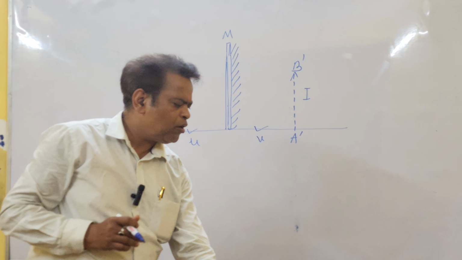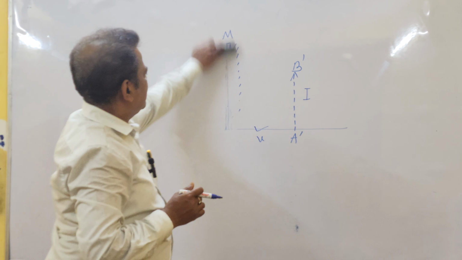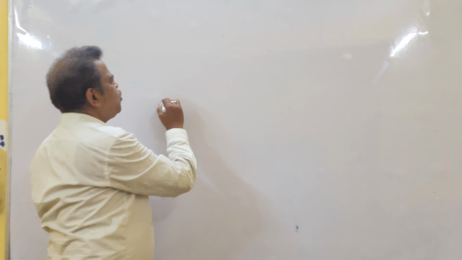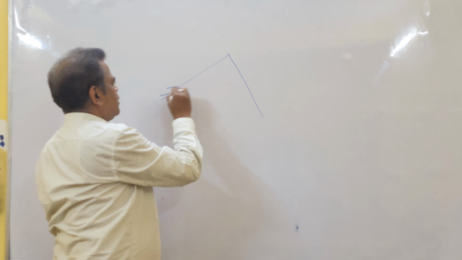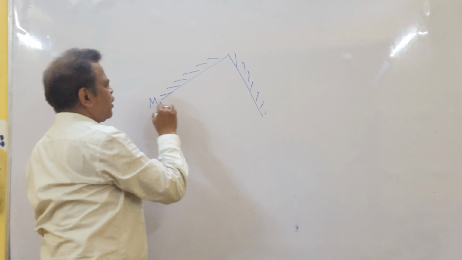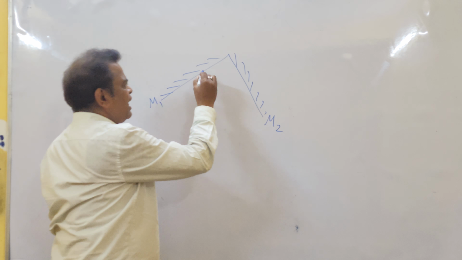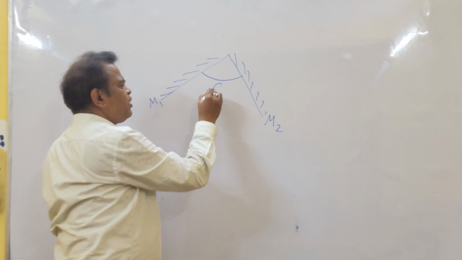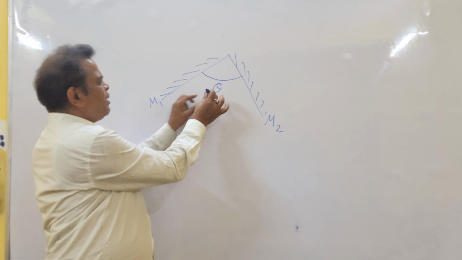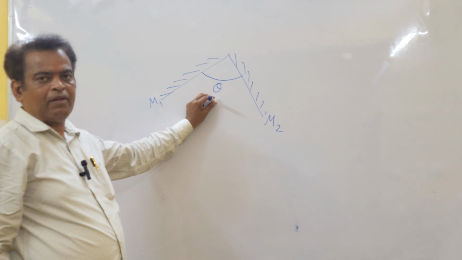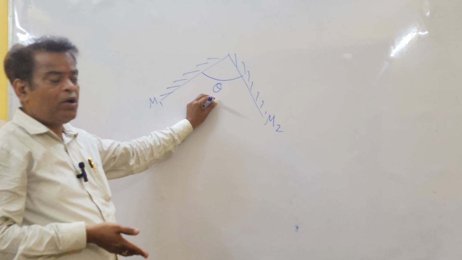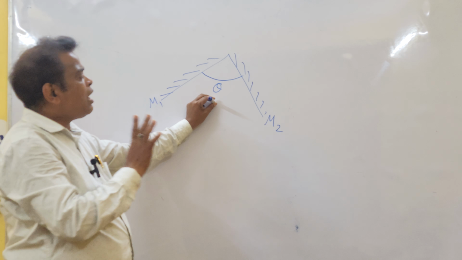And another property of the given plane mirror: we have taken two plane mirrors. These are the two plane mirrors. Let it be a mirror M1, and this a mirror M2. And the angle between the two plane mirrors, let that be theta. And suppose an object is placed here. And to obtain how many images will form by this object, we have a certain